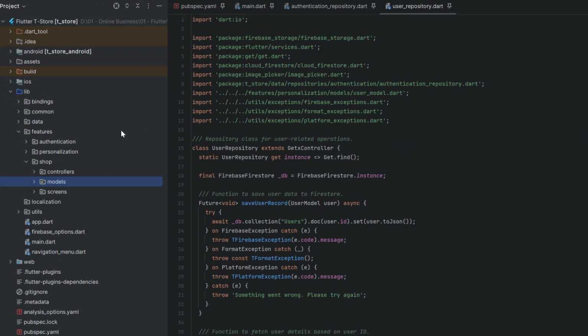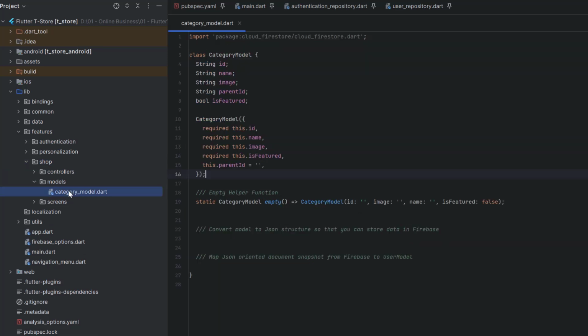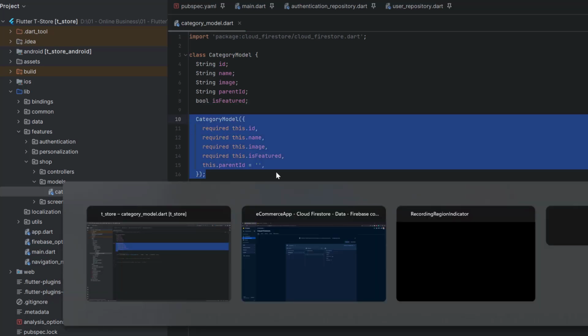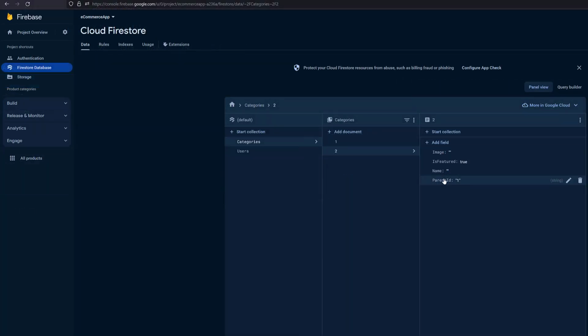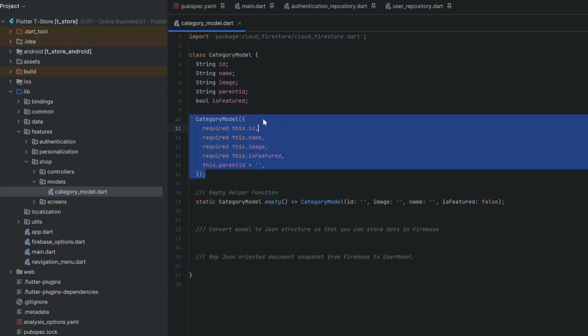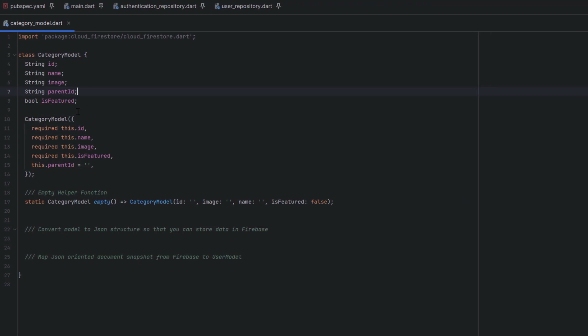Now let's start coding because we are going to deal with the shop section. So inside the model, the first thing we need to create is a category model, which should have the same thing. The first one is the document ID, then we have name, image, parent ID, and is featured. So this means that likewise we have document ID and four values over here. So in total we have five things. These three are string, parent ID is also string, is featured is the only thing which is boolean,